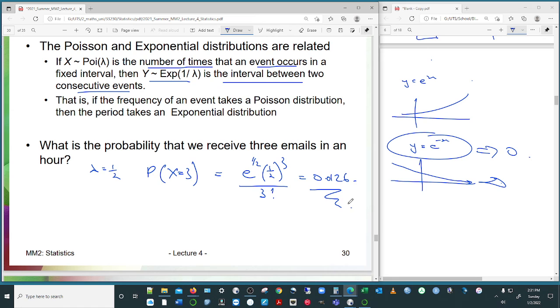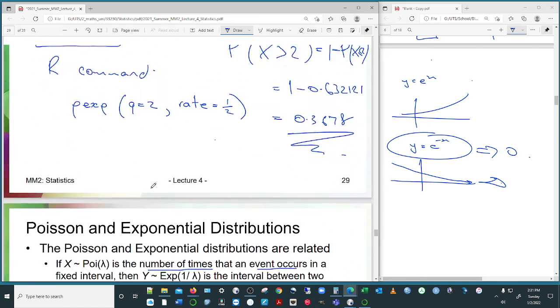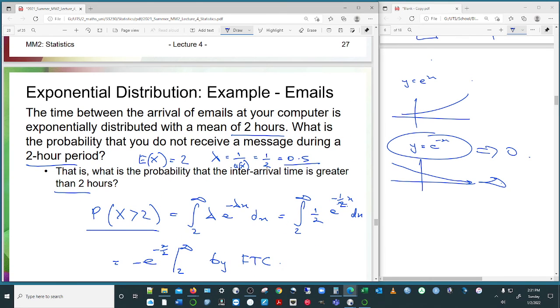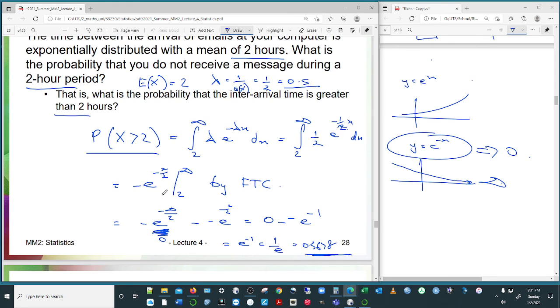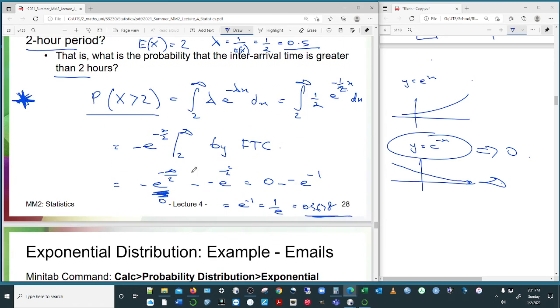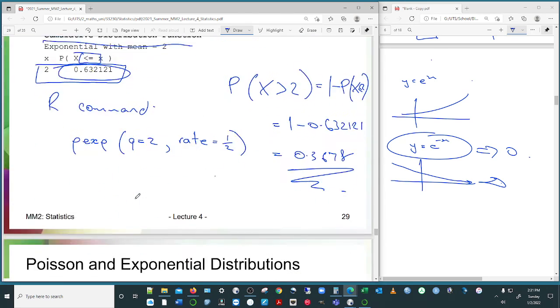Okay, so I'm going to make a point up here that this kind of integration that you're doing here is going to be in the final exam. Now, a bit naughty for telling you that, but I want you to be able to do these integrations using the exponential distribution. Okay? I don't think you should leave the subject and not be tested on that, so I'm going to test you on that.